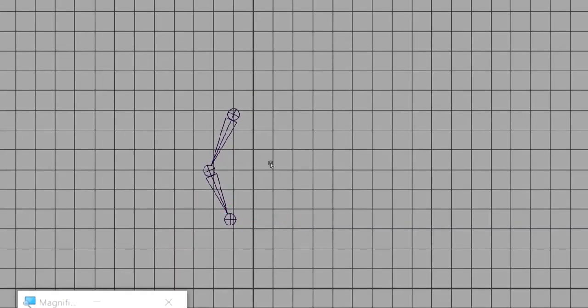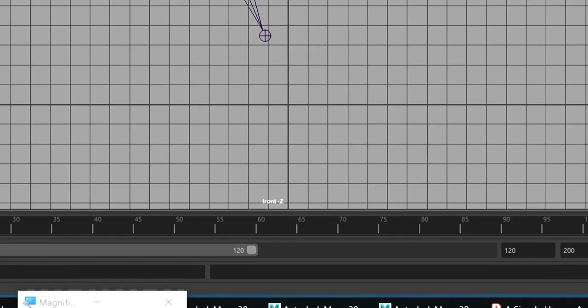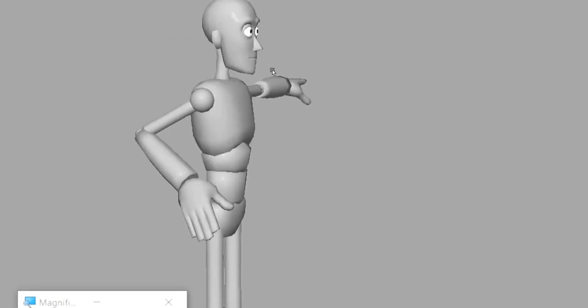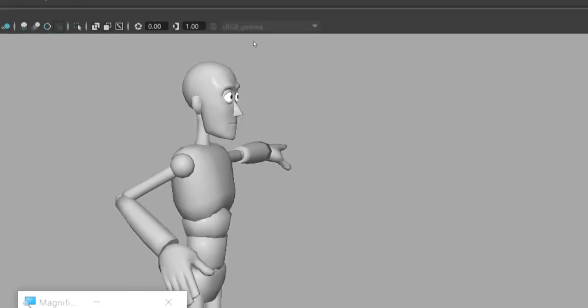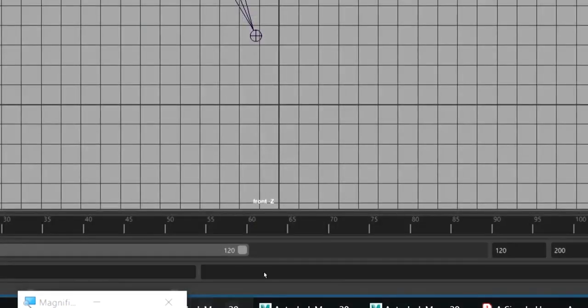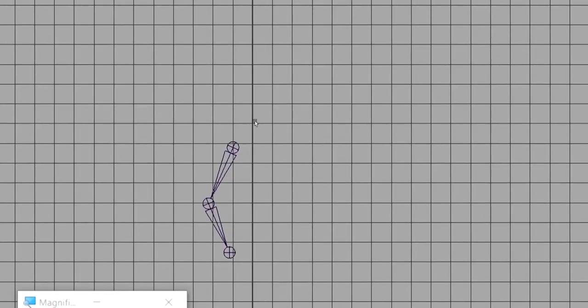See, for example, if you are having a human rig like this, which is having many joints, it may be around 50, 60, 80, 100. That may depend on the complexity of the character model. For that, there is a part called paint weight tool. We will get to know about that in future. When we are using that paint weight tool, we need to select each and every joint separately.